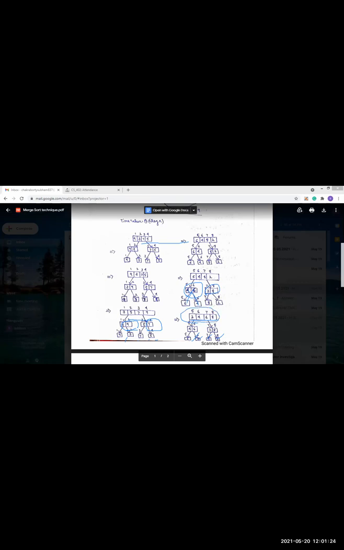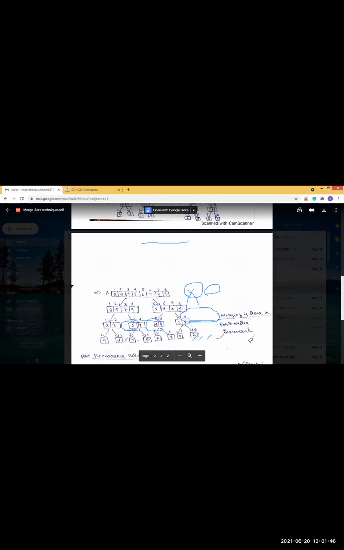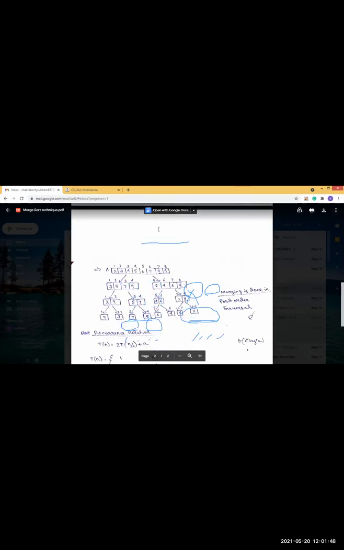So now our two parts of the list are sorted: 3, 5, 7, 9 and 2, 4, 6, 8. Now again between these two the merging will occur, and we will get the final result, that is 2, 3, 4, 5, 6, 7, 8, 9. You can see we are getting our final result. So that's how the merge sort algorithm works. Merge sort is done in this way.